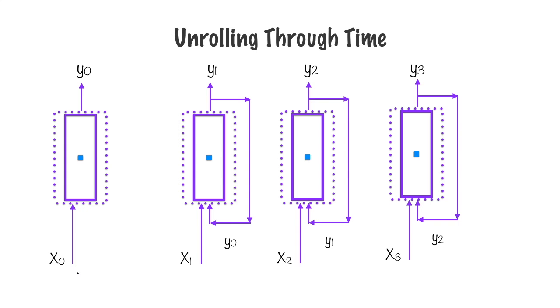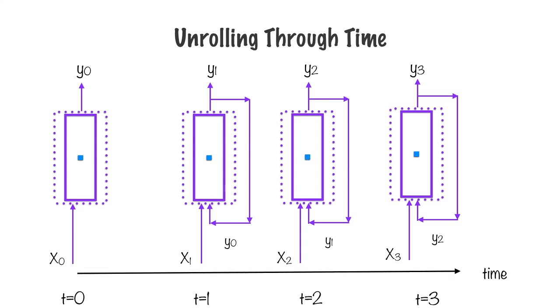Here we have a single recurrent neuron unrolled through time. Notice the inputs at every time instance. They range from x0, which is available at time instance 0, and go up to x3, available at time instance 3. This is the same recurrent neuron represented at different instances in time, which is why the output of the neuron y0 is fed back as an input to the neuron at y1. The time axis at the bottom shows the passage of time